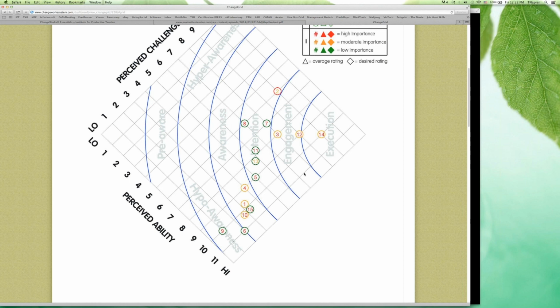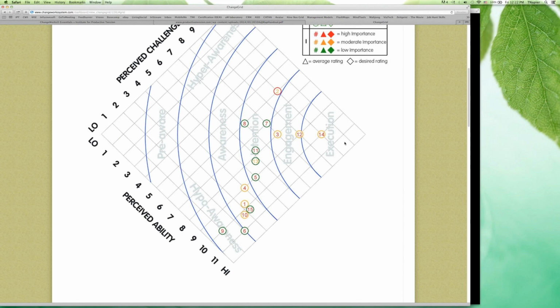In fact, if I wanted to keep my employees fully engaged, look what I would do. I would want to make sure that they've got a nice, strong level of ability. So I want them to have an ability of 6, 7, 8, 9, 10. I want them to have a solid level of ability. So if I want my people to be engaged, let me make sure I'm equipping them for success.